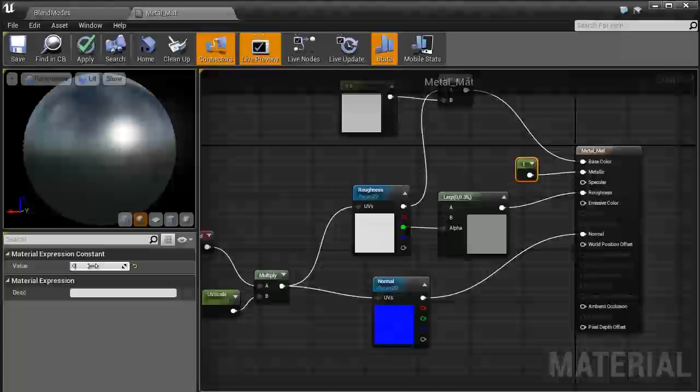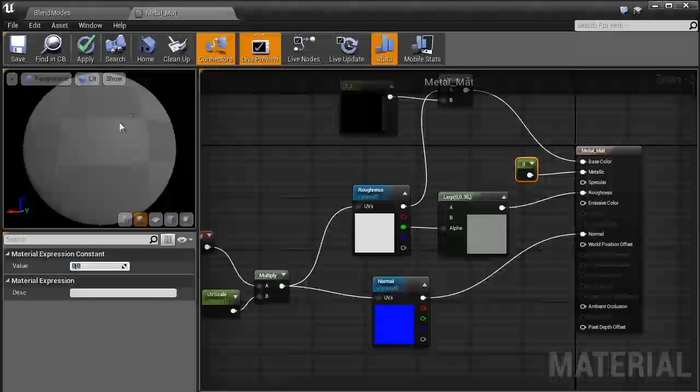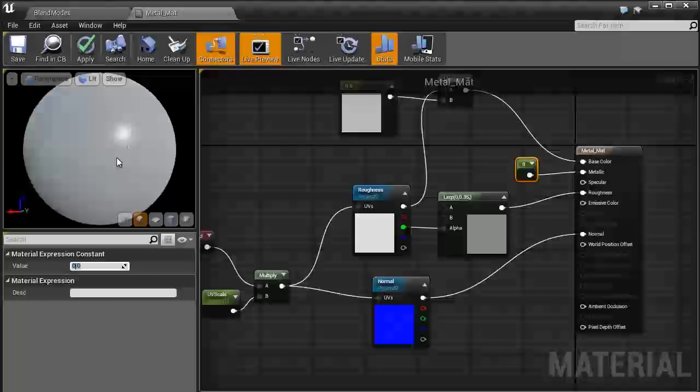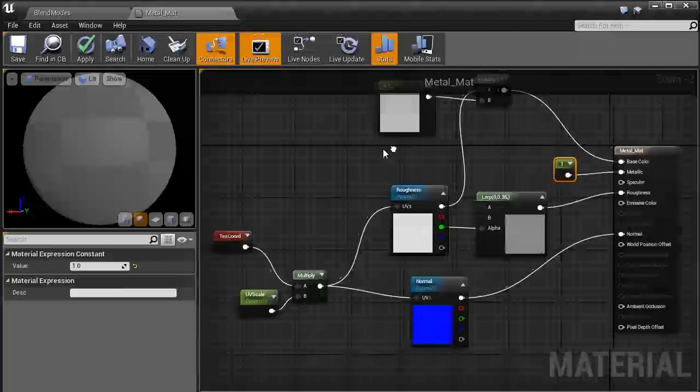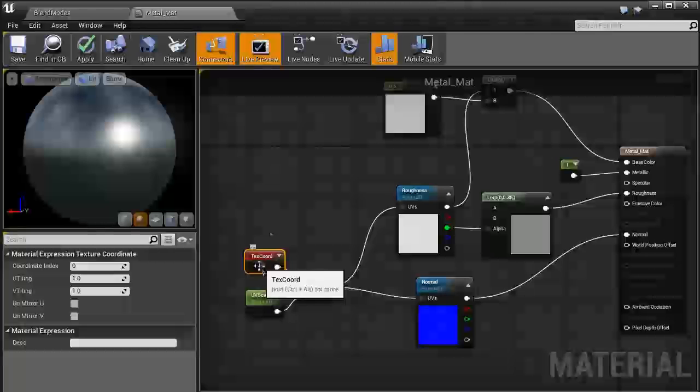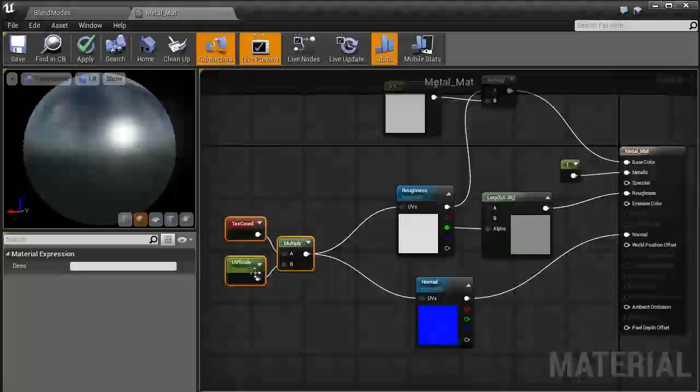Then we've got a metallic of 1, so we can get that metallic value. If I change that to 0, you're going to see that it gets rid of that metallic value, so it doesn't look like metal any longer. I'm going to set that back to 1, and we're just multiplying this with a constant 1